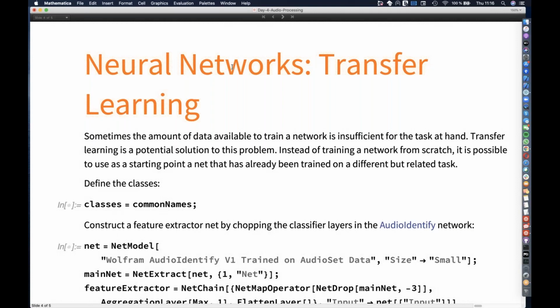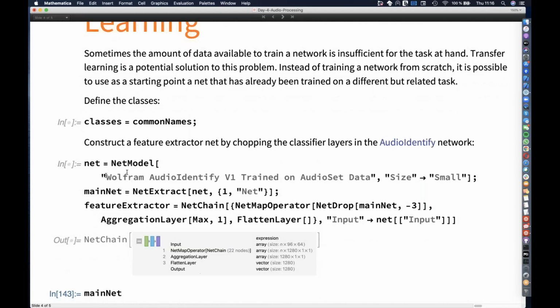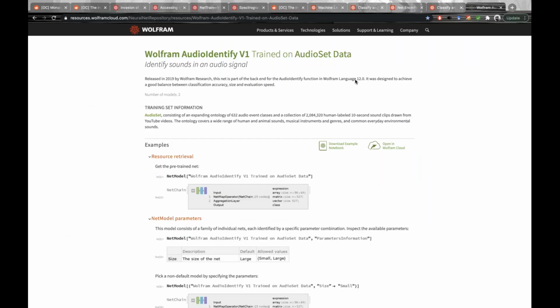In this case, I'm going to take the neural network for AudioIdentify, using NetModel and specifying the neural network that we want. This one also is available in the Wolfram Neural Network Repository. It's this one here,